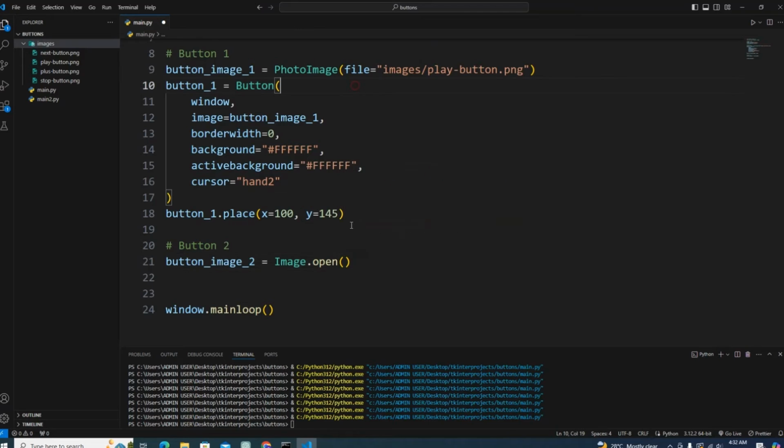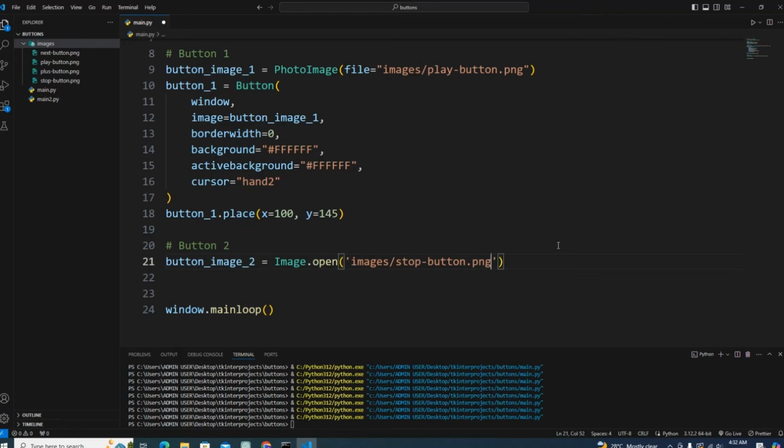I'm also going to assign my file. From my images folder, I'm going to say stop_button